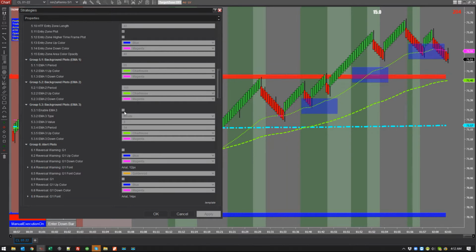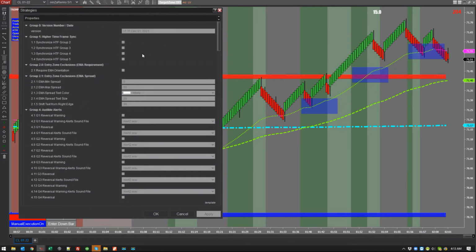This is the 3-minute. If you want the 3-minute moving average, or you could change it to, right here, going down here, you could do a range or whatever you want. But I was looking at the 3-minute as the default because for NASDAQ, that's a pretty powerful moving average. So if you want to incorporate that, you could just click it and it'll turn on. Now, if I did turn it on, it's just going to show on there. It's not going to do anything other than just plot it for me